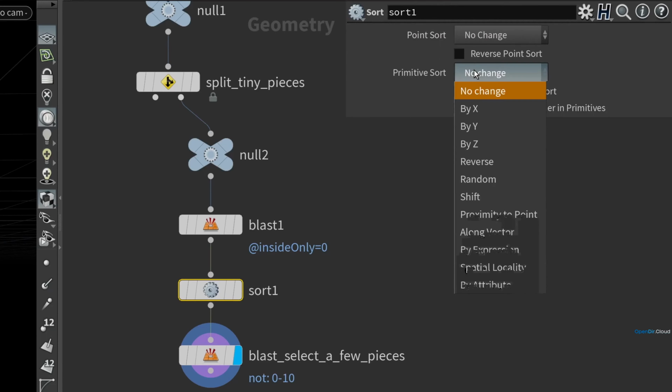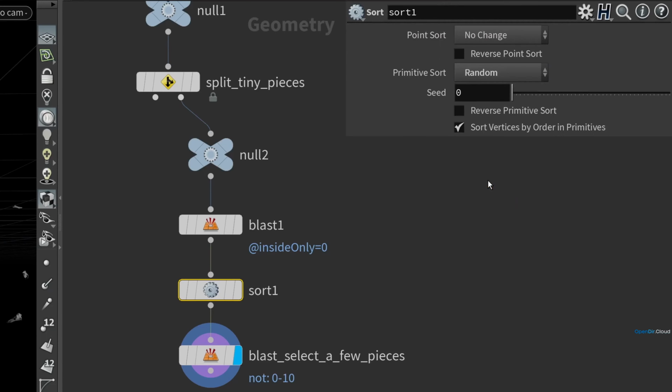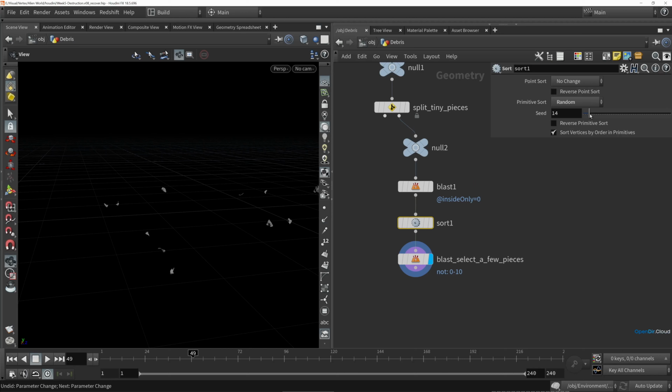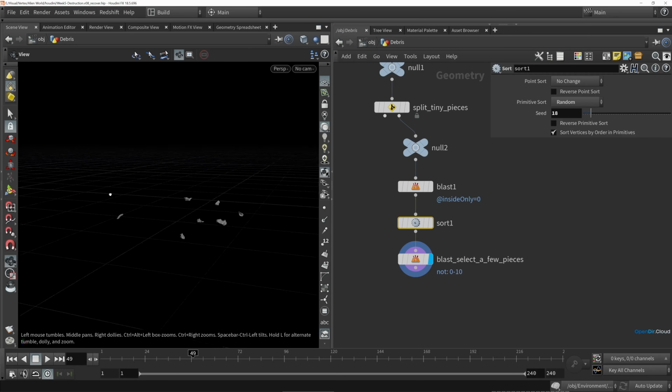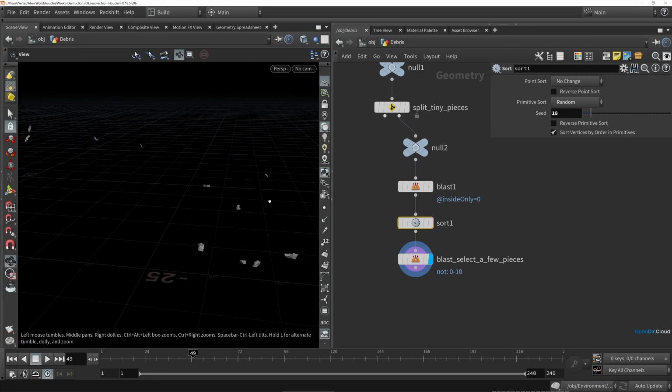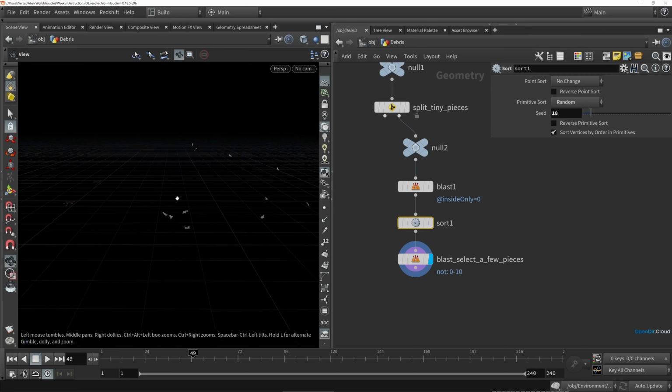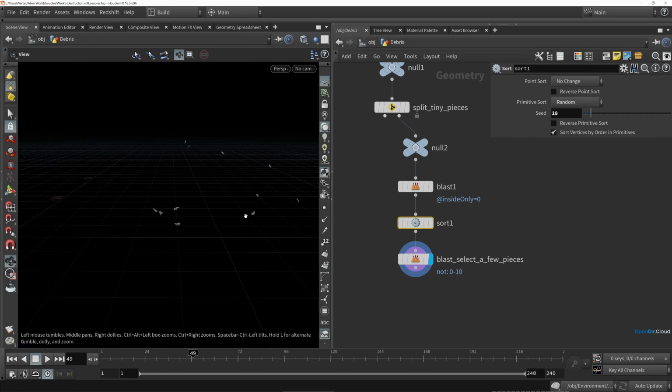And under the primitive sort, we'll set this to random. And then you can play around with the seed value on the sort until you get a selection of pieces that looks pretty good for instancing. And I think this is looking pretty good so far. We'll get a better look at this in a minute after we center everything on the origin and make them